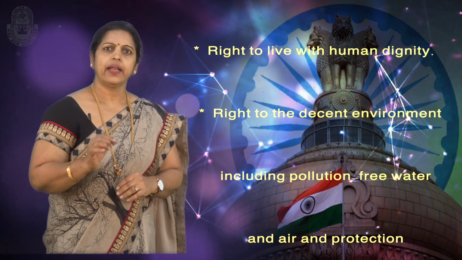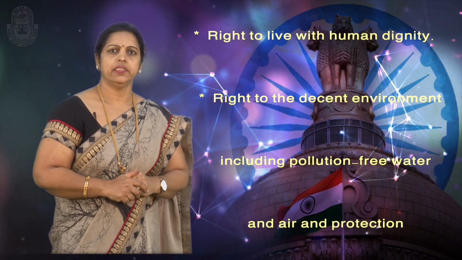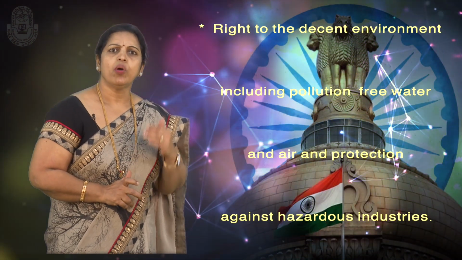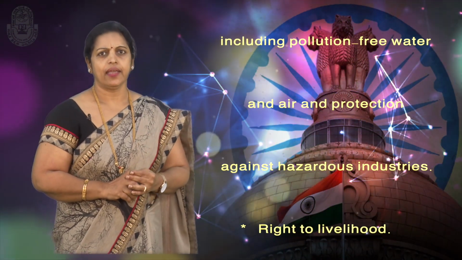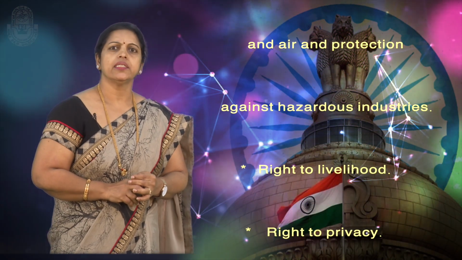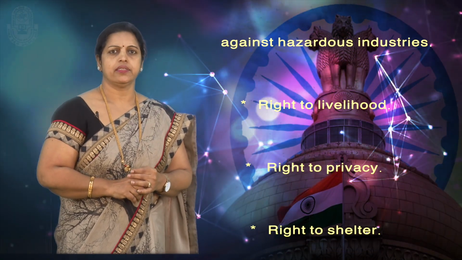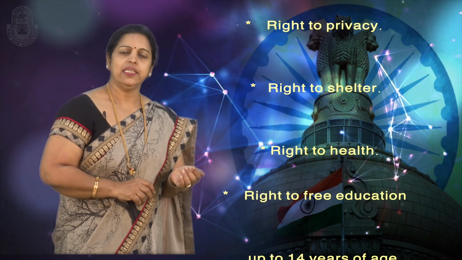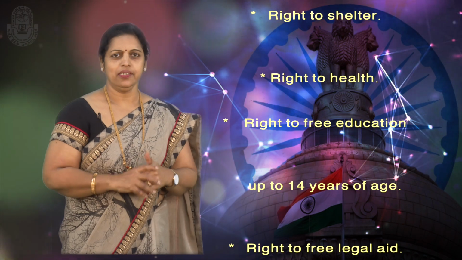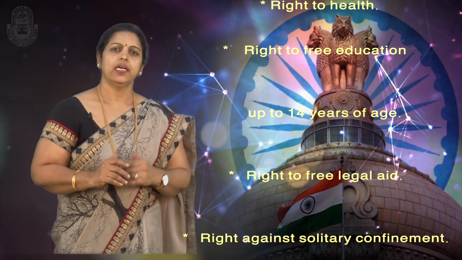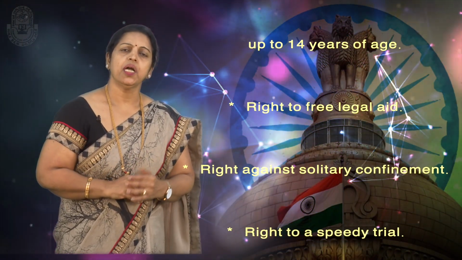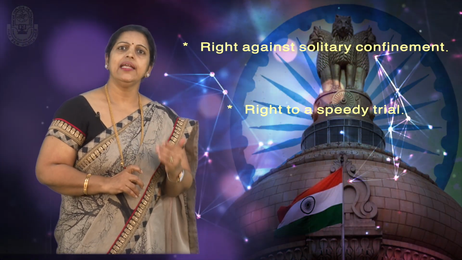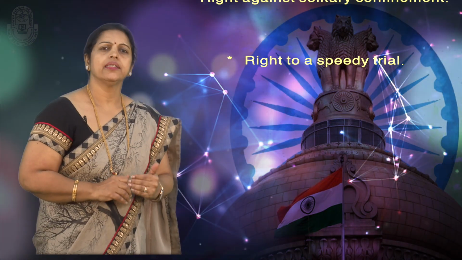Following are some of the rights that are currently included in the ambit of Article 21. They are a right to live with human dignity, a right to decent environment including pollution-free water and air, and protection against hazardous industries. A right to livelihood, a right to privacy, a right to shelter, a right to health, a right to free education up to 14 years of age, a right to free legal aid, a right against